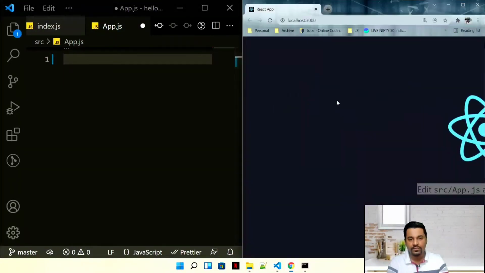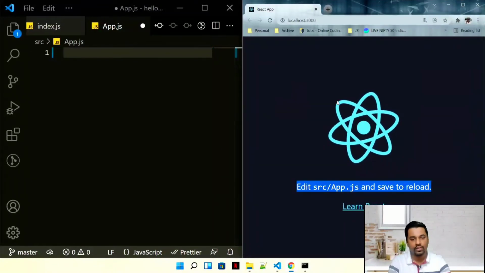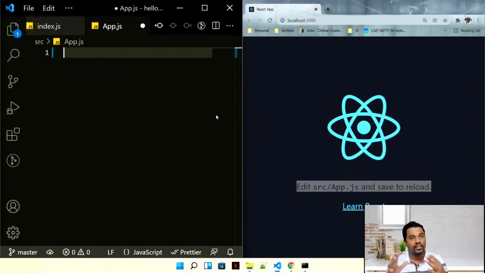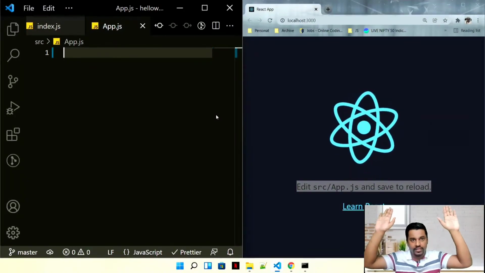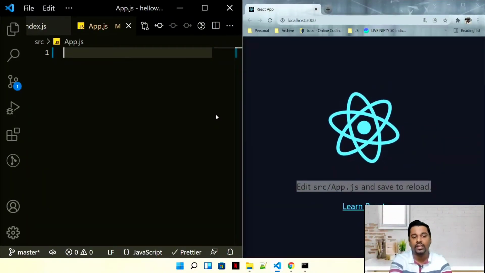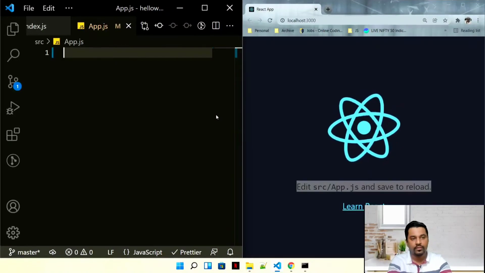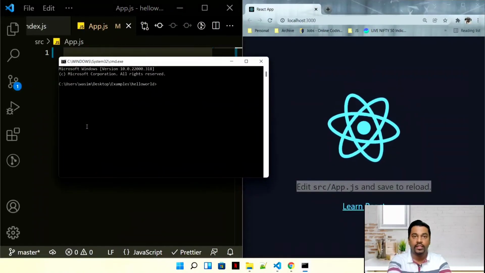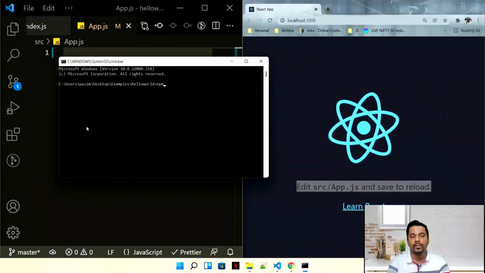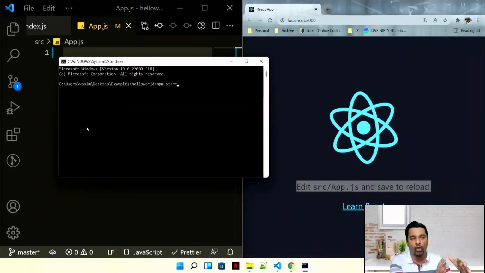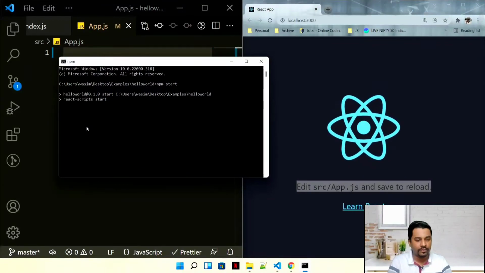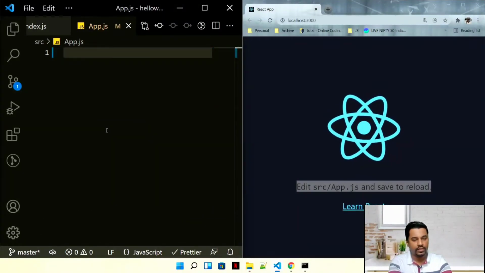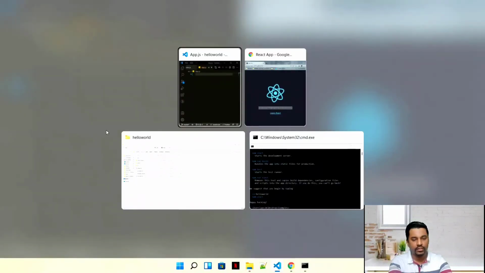To show you something, if I'm rendering it side by side, if I save this, oops, I did something wrong. I just need to click here. If I save my file, it will compile and re-render. Oh, my bad. I closed my terminal. Let me open it in my command prompt so that I don't block my view of my code.